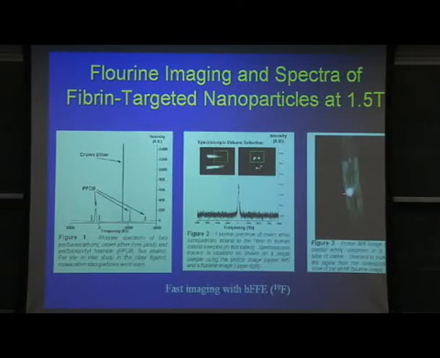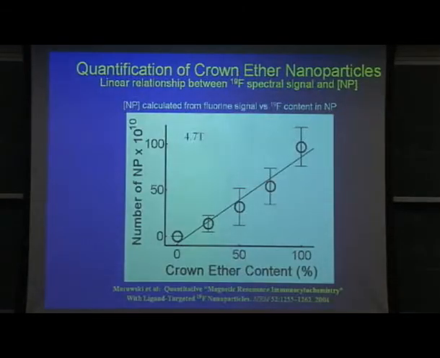If you get this signature, it's because you put nanoparticles there, because there's no measurable or imageable fluorine anywhere else, usually, unless you had some other reason for having fluorine there. Like, for example, you used a chemotherapeutic agent that had fluorine, which people have done. It turns out, here's some of the stuff that Ann Neubauer has done, calculating the amount of nanoparticles and